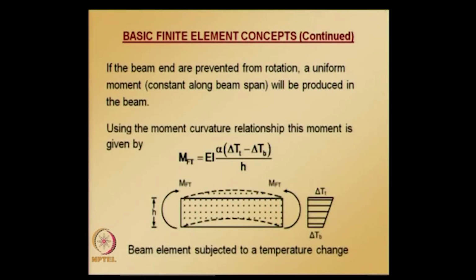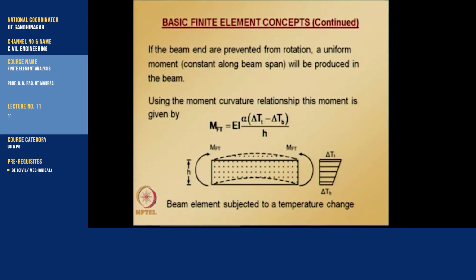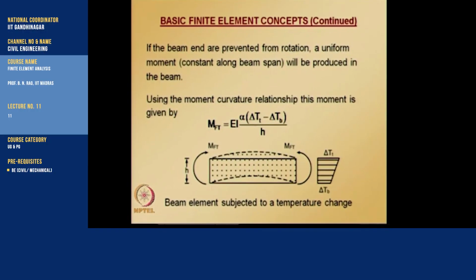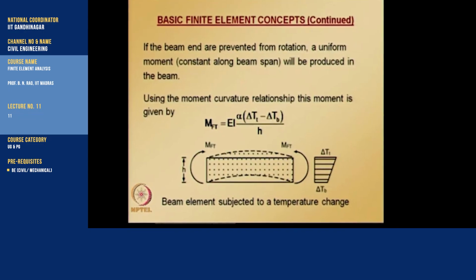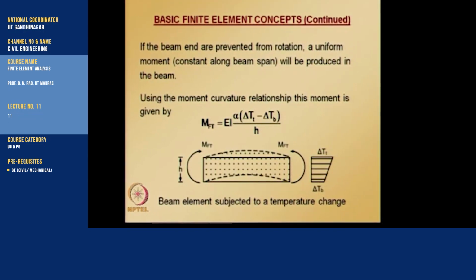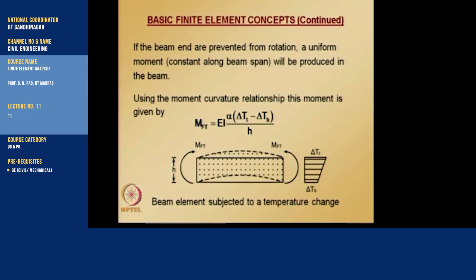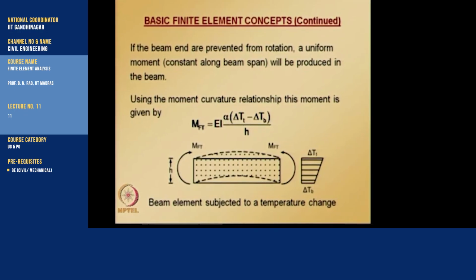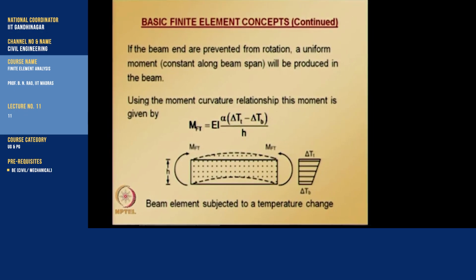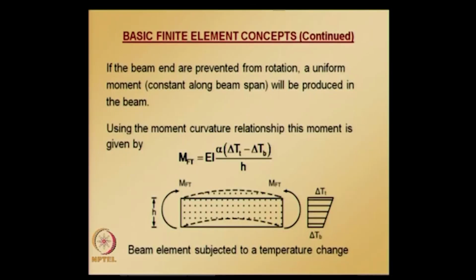This is the fixed end moment because of temperature. So, it is denoted with capital M subscript Ft, and we know curvature. So, curvature times flexural rigidity gives us moment. These fixed end moments due to temperature changes are shown in the figure, and please note that the direction of these moments is such that they oppose the beam curvature,